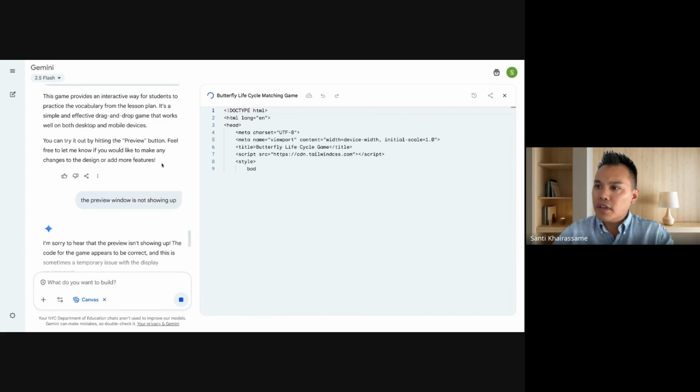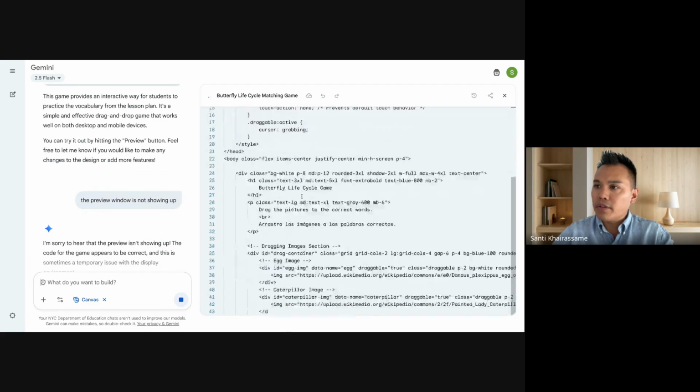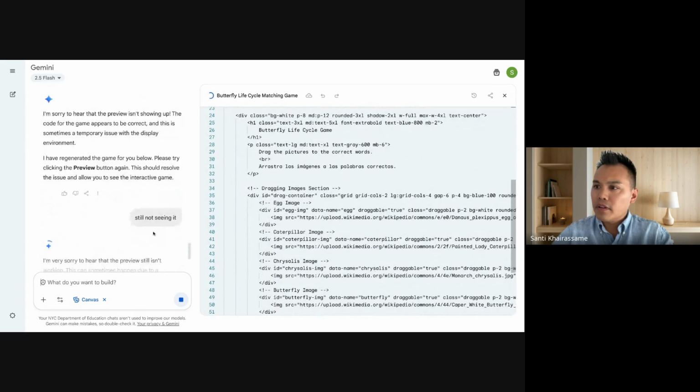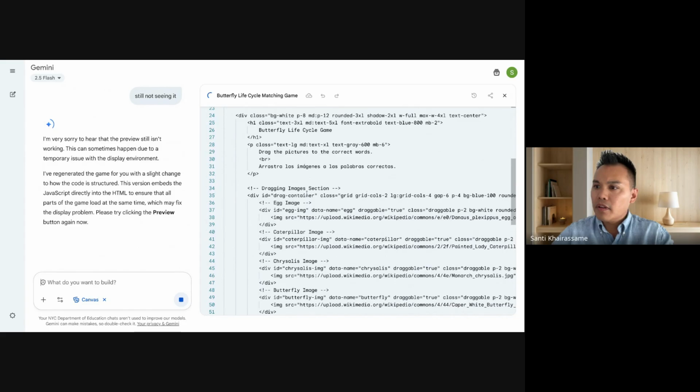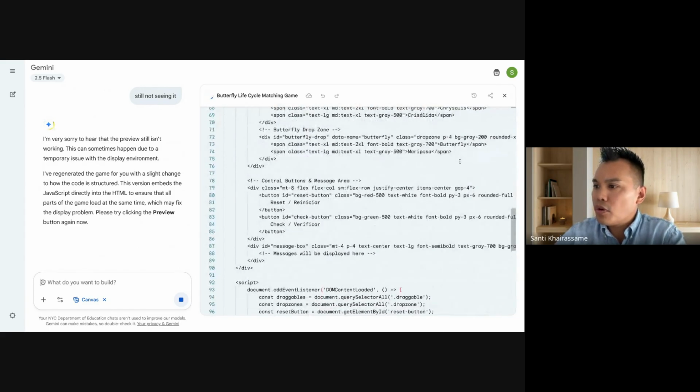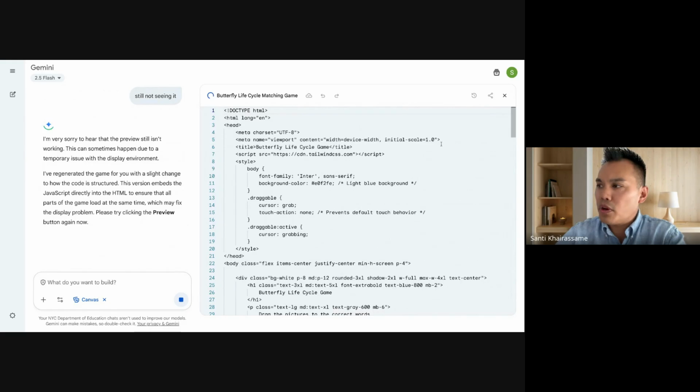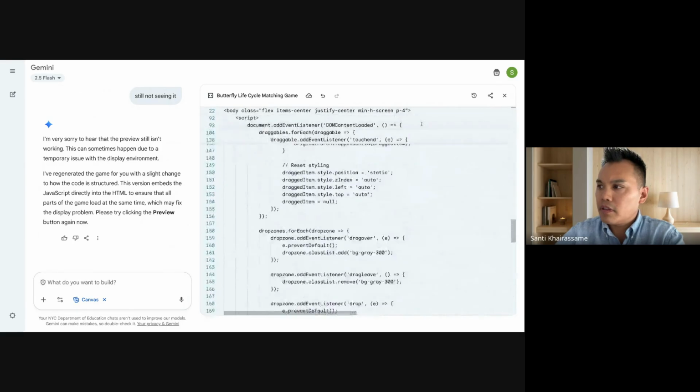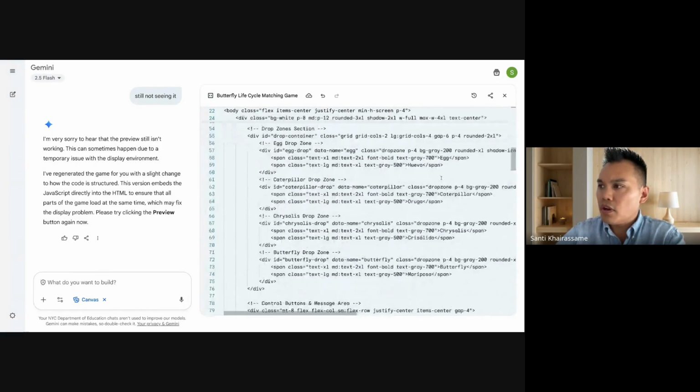So let's see. Yeah, it's not working. So if it still doesn't work, I'm going to do something with the code. Interesting. Okay.